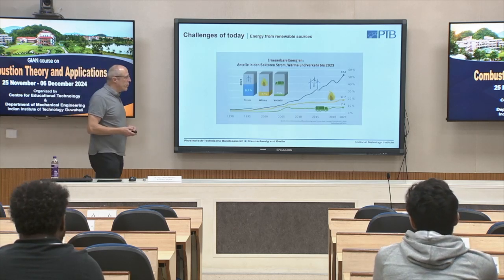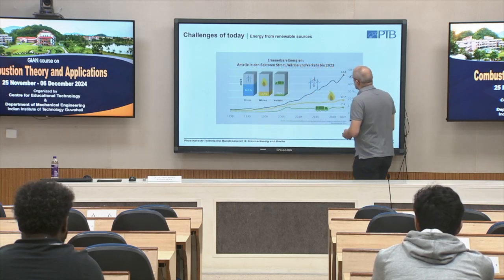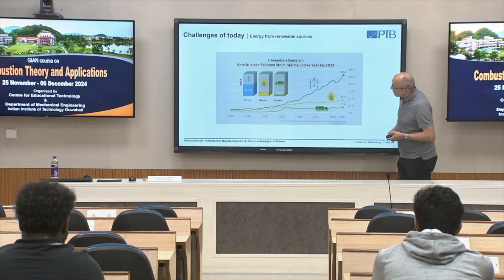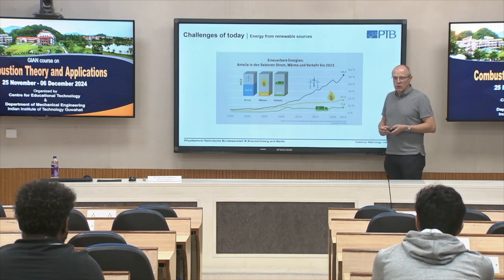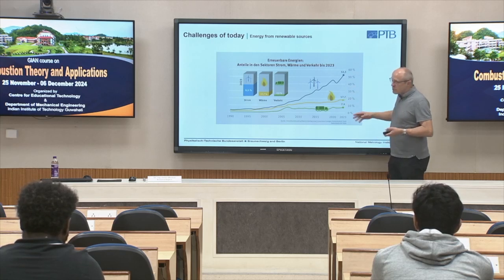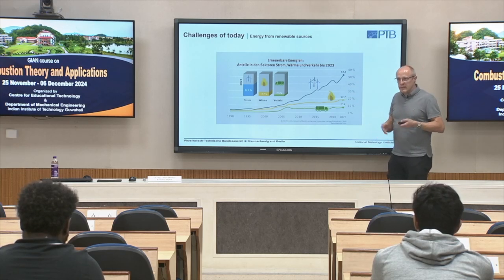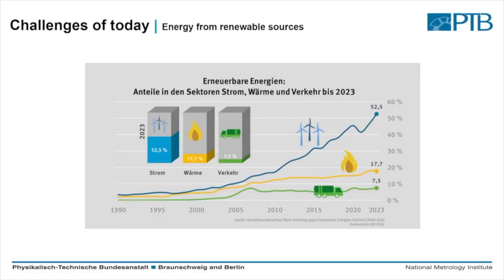In Germany we are already at 50% where we can use electrical power from renewable energy sources, and for heat, mainly heat pumps, nearly 20% is already achieved. And for battery electric cars, China is much better here, where they have numbers of 40 to 50%.